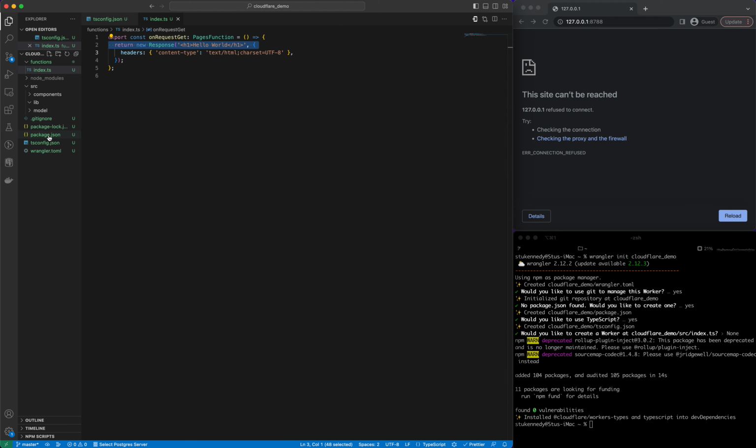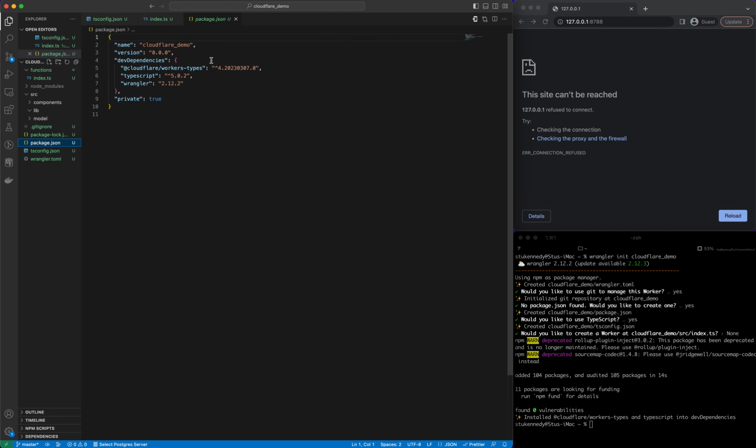So the only thing we need now is a script to run. So let's create some scripts, and we'll have a start script. As you can see, I am struggling with this Mac keyboard. So start, wrangler pages dev,